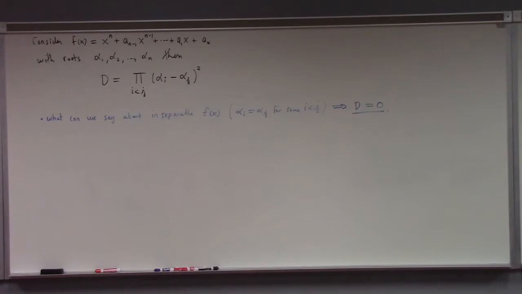He says recall over a perfect field, which we have not discussed much, but that would be the rationals or a finite field, this implies that f of x is reducible, since every irreducible polynomial over a perfect field is separable. So,